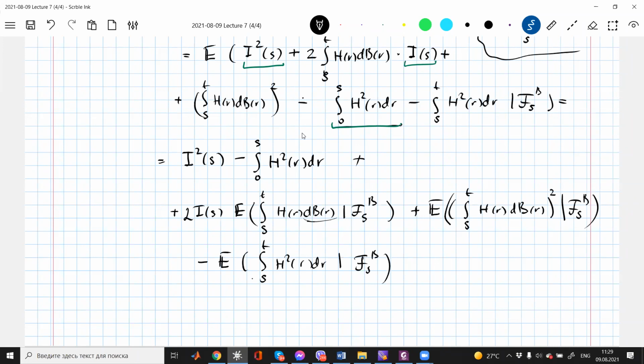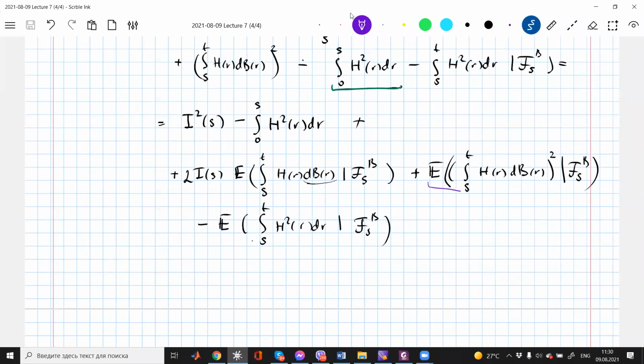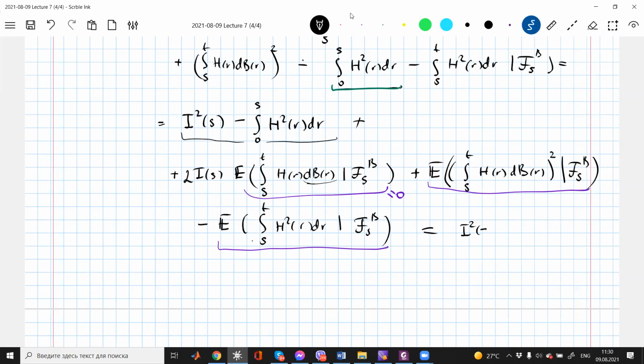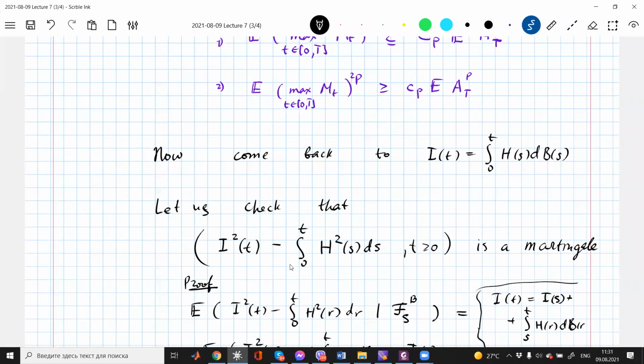So here the only difference is that we have the conditional expectation, but it is easy to prove that this conditional expectation is equal to such a conditional expectation. This is the same proof as we did for expectation without conditions, because we have increments that are independent of this sigma field. And this integral is equal to 0. So these two parts cancel, and we have what we need. So we have just this part, which is equal to the conditional expectation of the integral from s to t of h squared(r) dr. So here we finish the proof of the statement that this process is